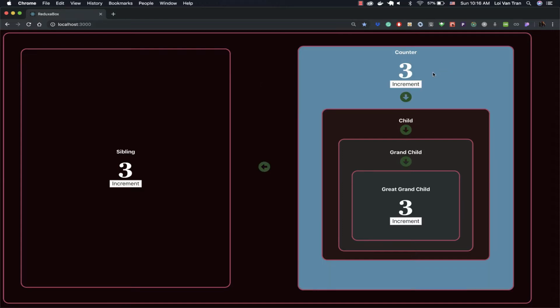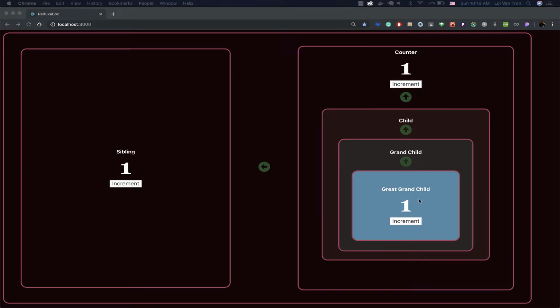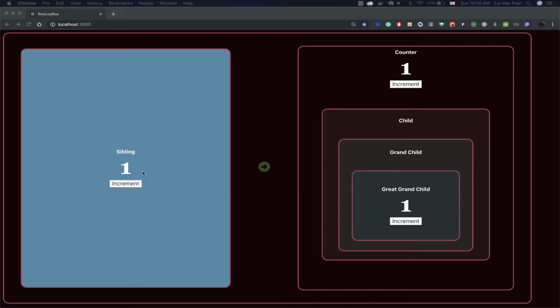First, we'll look at adding state to a parent component, which will then trickle down through its descendants as well as its sibling. After that, we'll look at initiating state change within a descendant, which can affect its ancestors as well as its ancestors' siblings. Lastly, we'll look at how a sibling can also initiate state change, which in turn affects its sibling as well